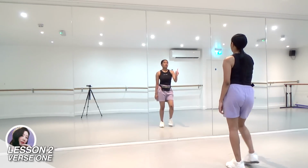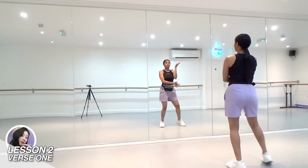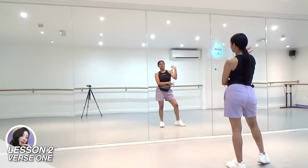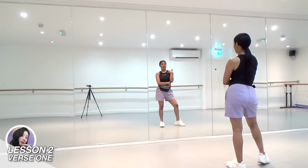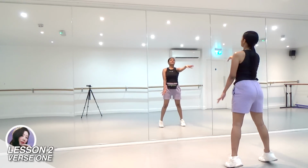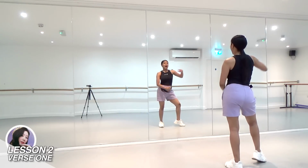So this is going to go 1, then we're going to spin this hand towards us, and 2. Okay, so we're going to go onto our left hip, we're going to put our left hand to our stomach on the side, right hand to our shoulder. So again, that goes 1 and 2, then we're going to point our right index finger out to the right